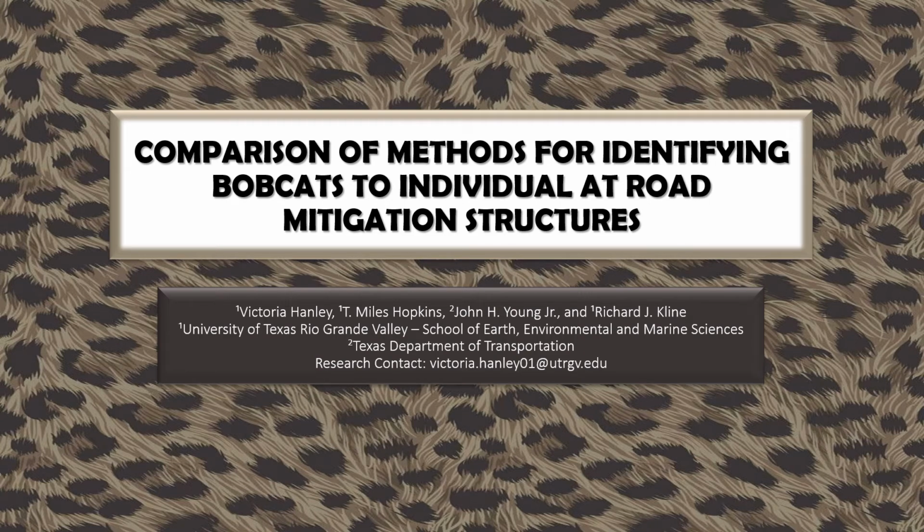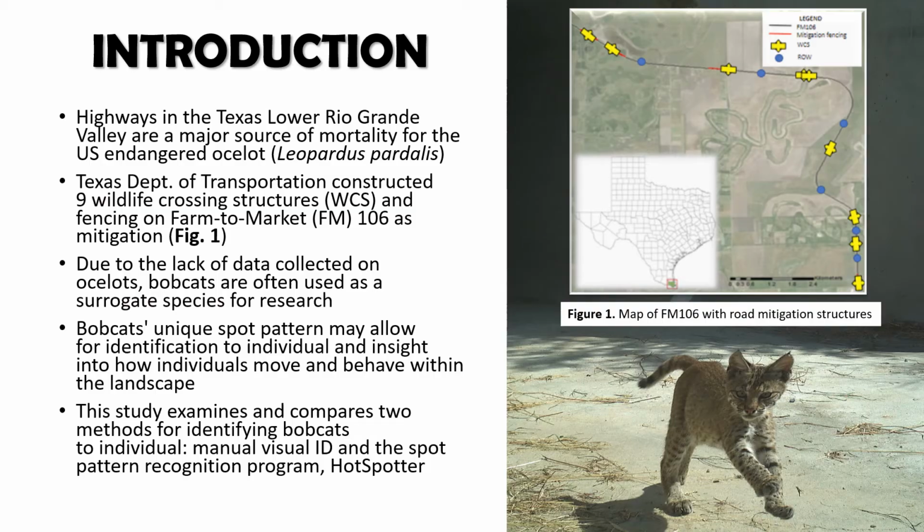This presentation is on the comparison of methods for identifying bobcats to individual at road mitigation structures. Highways in the Texas lower Rio Grande Valley are a major source of mortality for the U.S. endangered ocelot, only found here in South Texas. So the Texas DOT constructed 9 wildlife crossing structures and fencing on FM 106 as mitigation, as seen in the